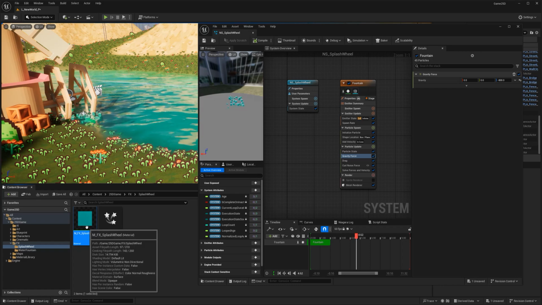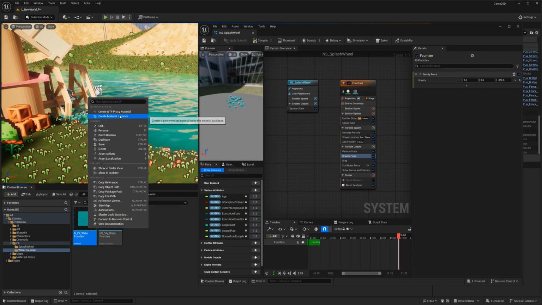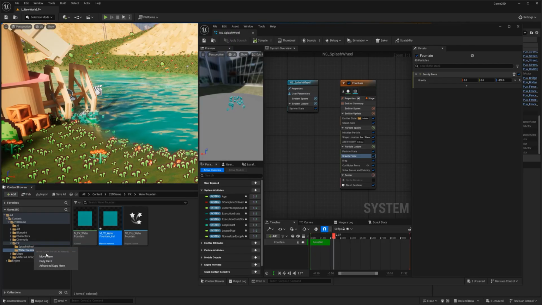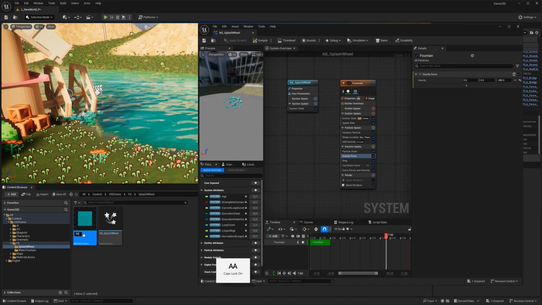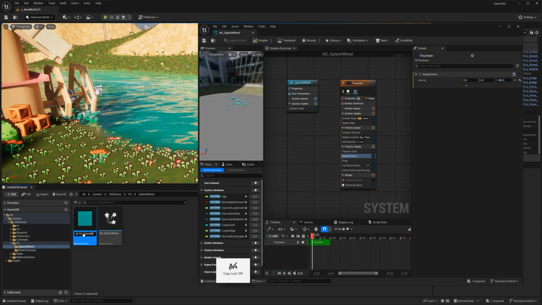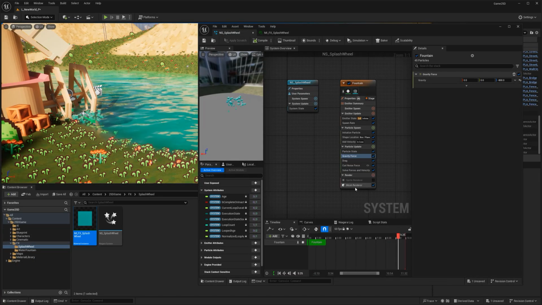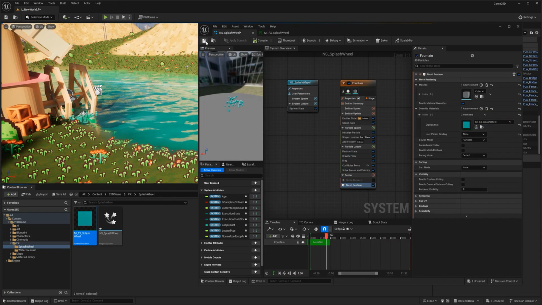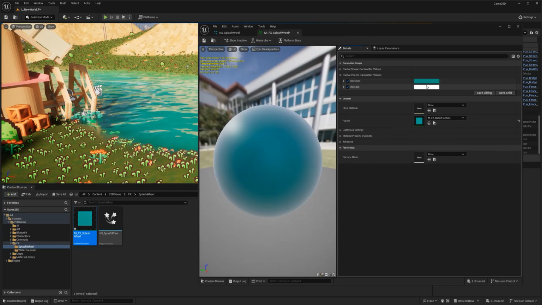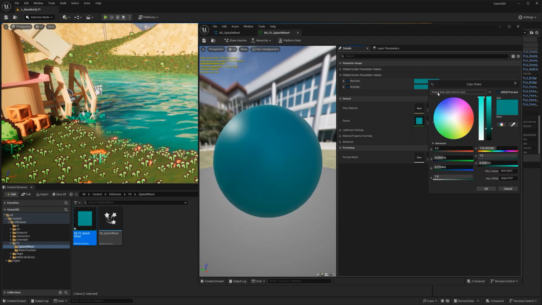But I think in this case, the best would have been actually to make an instance, because I forgot to parameterize that. So I'm going to delete it, go to my water fountain, and create a material instance, put that in a splash wheel, and call it MI effects splash wheel. Those are the only values that matter to me right now, which is the color. But I do need to go to my mesh here and select the material there. Save it. And I can just flip this. So I'm going to copy this, paste here. And the other one is going to be white.